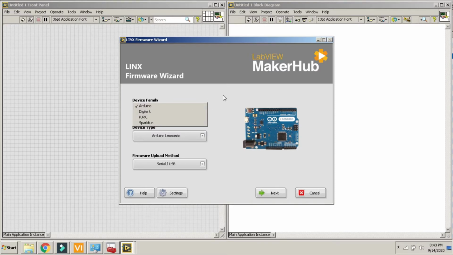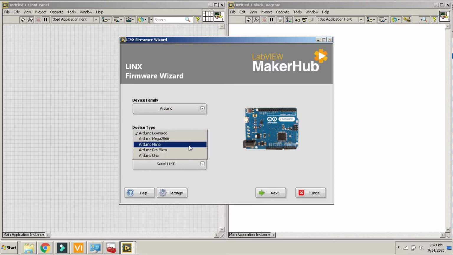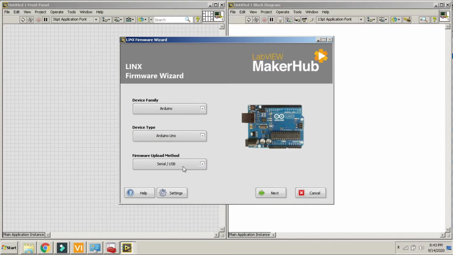Right now I'm using Arduino. My board is Arduino Uno. These are the basic 5 Arduino boards which can be used for the interfacing. I'm using Arduino, here is the serial USB port. I'm connecting this using my USB cable.